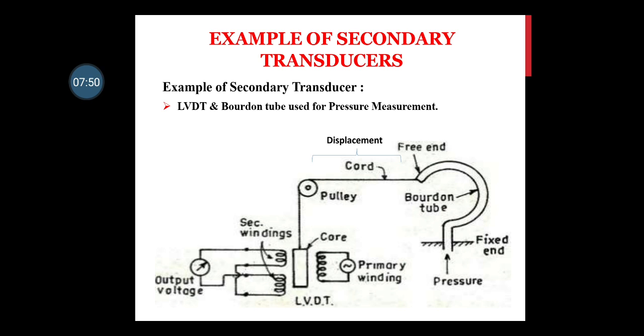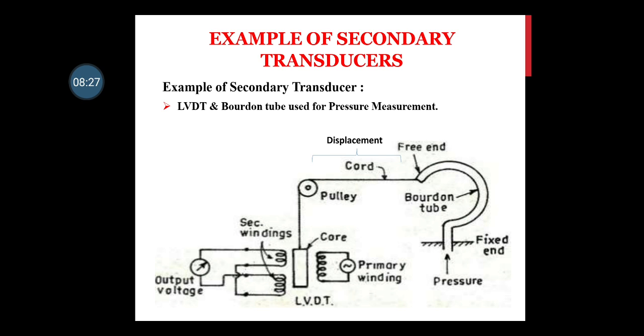As you know, if the LVDT core, that ferrite core you see, moves up, the voltages developed at the secondary windings will be different, and when it is at the center, the secondary winding voltages will be the same. As it moves there will be a variation in the voltage at the secondary windings. So depending on the displacement of this core, the output voltages will be developed across the secondary of the LVDT.